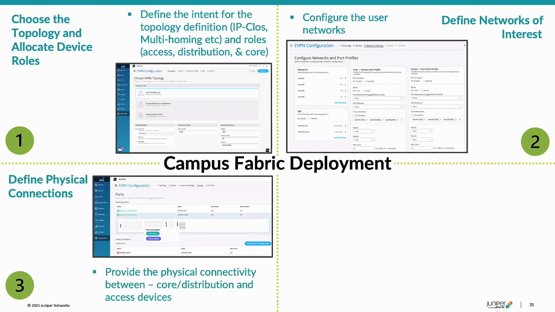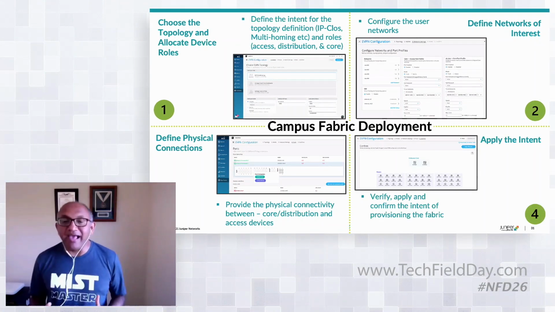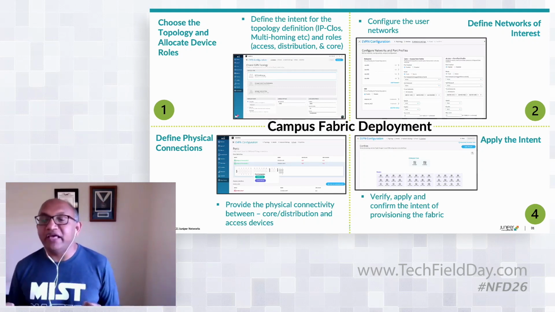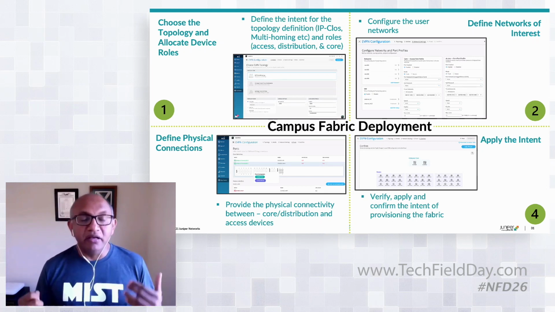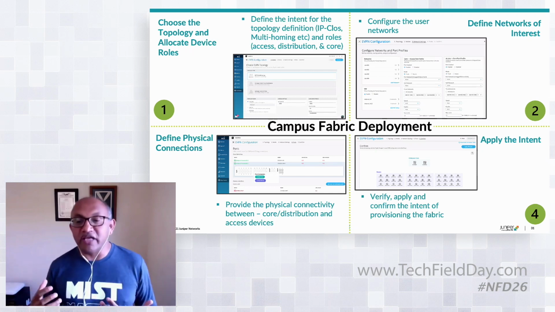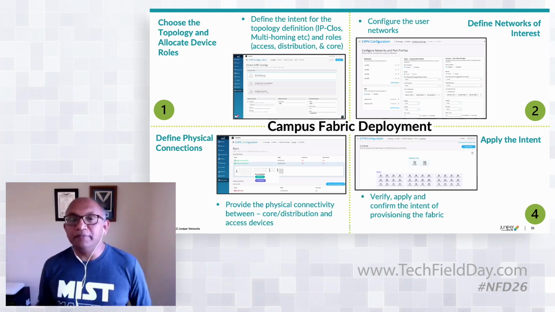Then come the physical connections. That means now you're selecting the switches which are going to be acting as your core, distribution, or access switch, and how you do the physical connectivity between them. And then finally, you apply the intent on it. That means your intent was to deploy an EVPN fabric network, EVPN multi-homing or IP clause. This is where we go in and do the necessary configurations and push that information all the way to the